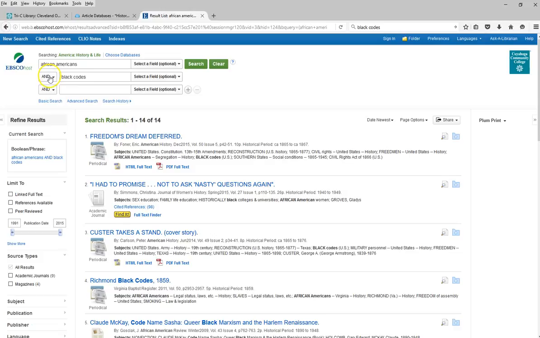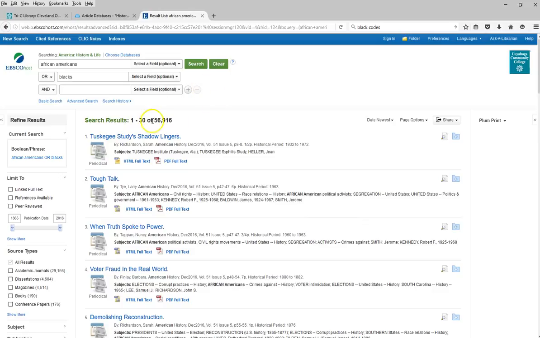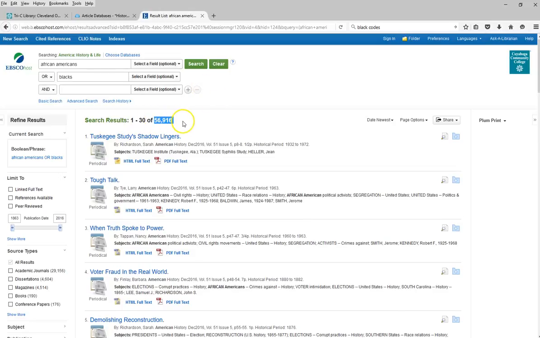So this is where the Boolean operators are located by default within this database. If you click it, you'll see that there's and, or, and not. Not is a Boolean operator that you rarely use, but if we were to say, let's say African Americans or blacks. Now we have 56,916. So that's the difference between not using a synonym and using a synonym. So if you find enough material using one phrase, you're perfectly at liberty to do that. It really is a matter of preference.